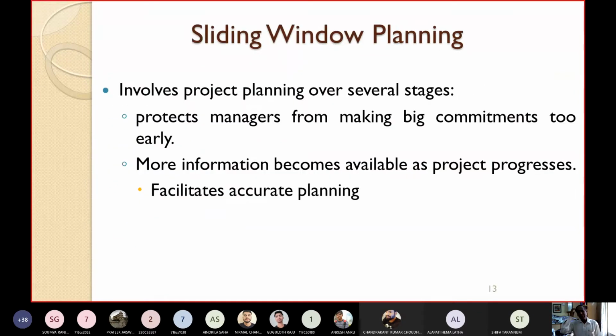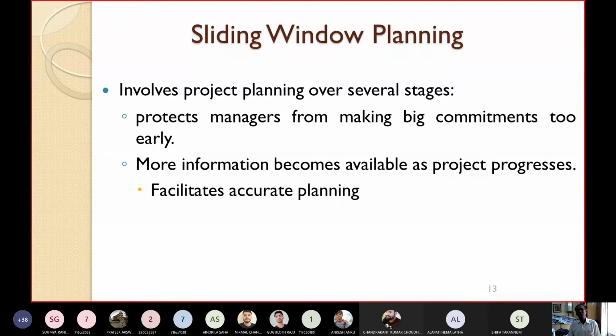But as I have already told you, don't make a plan for the whole project at a time. You make it in an incremental manner. First, make the initial project plan. Then after 1 month, you see some new, updated information is coming. Then you accordingly modify your plan. Then after 1 month, again you review. If any new information comes, or whether you are going according to your plan. If not, you are deviating from the plan, then you make necessary changes.